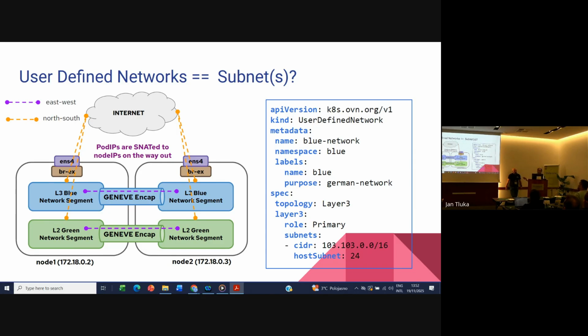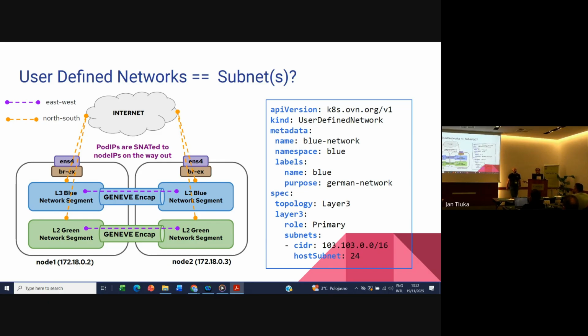So I think you are already familiar with the API now. I showed you in the previous presentation. It's basically just calling out the subnet that you have that is allocated to this network, and this is the subnet from which each pod gets an IP, a pod or a workload, right? And then to answer your question before, there are different types of networks. So you have this layer 3 network, a layer 2 network, or a local net, and different types of how this is then translated in the OVN layer. I'll show you how that looks.